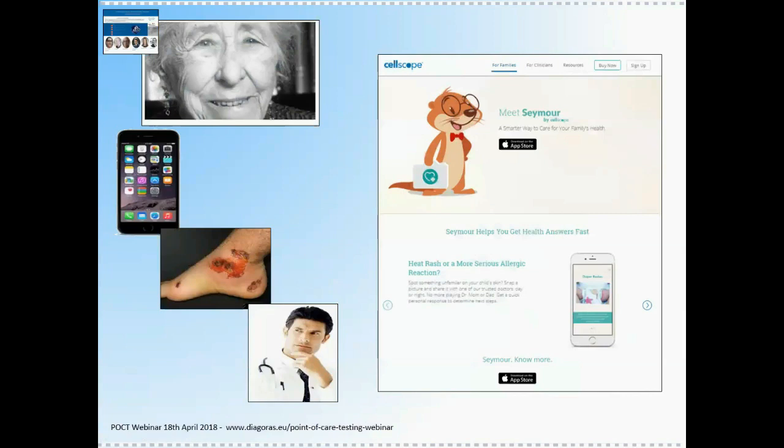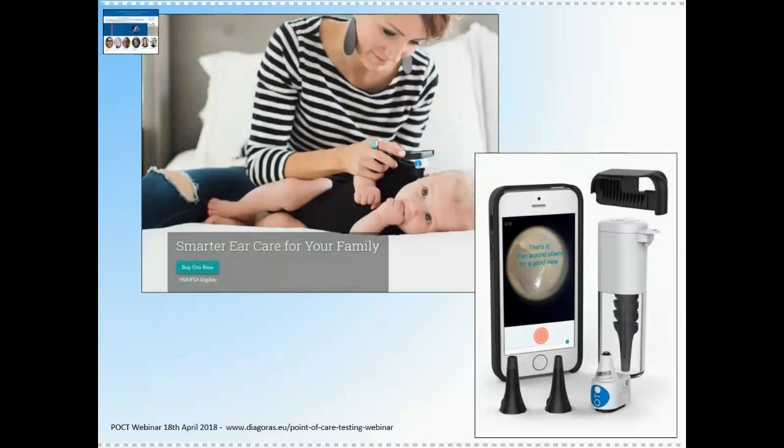On the right is CellScope's app for worried parents regarding childhood rashes. A parent can take a photograph of a childhood rash and send the picture to a clinician or physician, a doctor, who will provide advice. And here also by CellScope, a rapid method to quickly check for otitis media, middle ear infection, which is particularly common in babies and infants. A special adapter is added to a smartphone so that a photograph of the eardrum can be taken, and then the photo can be sent to a doctor at a remote location who can study the photograph and offer advice. Parents can also, by the way, contact their own pediatrician if he or she is part of the scheme.